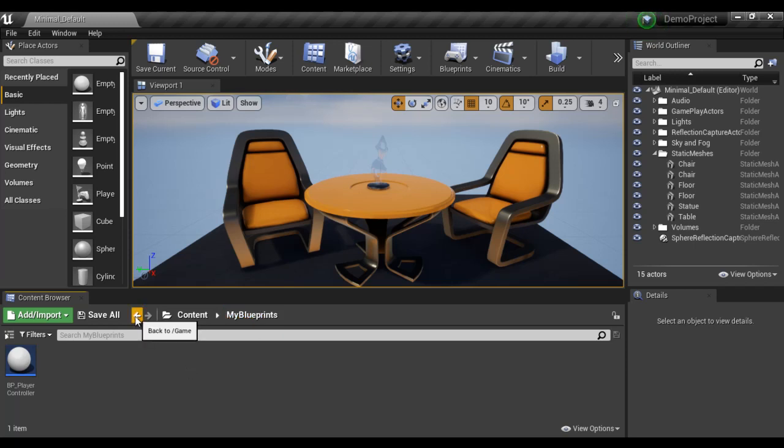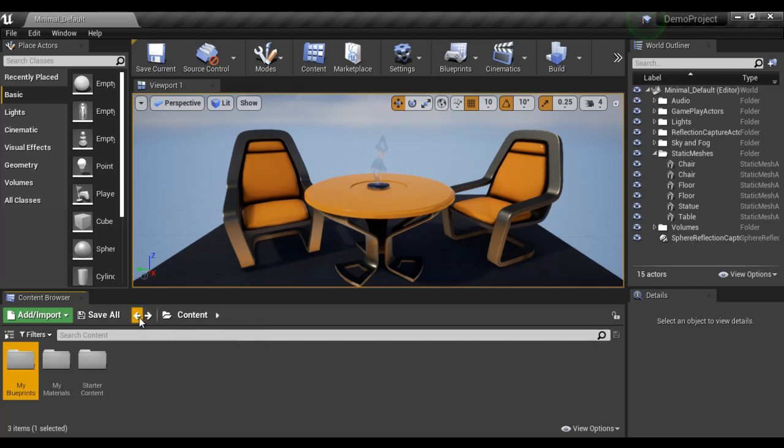If I click on back button, it takes us outside to the content folder. And if I click on forward button, it again takes us inside my blueprints folder. So you can use back button to go one level back on every step, and you can use forward button to go one level forward in the browsing history, you can say.